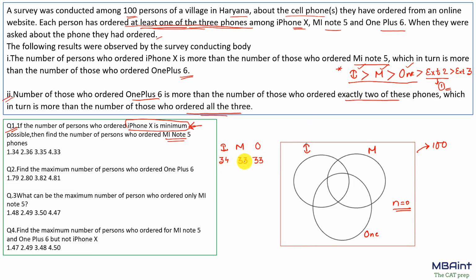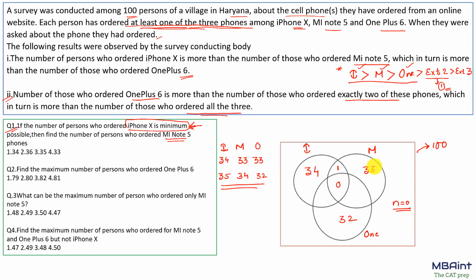Now these two are becoming equal, so let's make them unequal. So that would be 35, 34, giving 1 and making an overlap of MI and iPhone, and this would be 32. Now let's see if this is possible or not in the Venn diagram. Okay, in order to do that, we have given exactly 3 as 0. Now MI and iPhone, we are having an overlap, giving 1 to them and taking an overlap. So 1, okay, now making MI as 34, so this would be 33. Now making iPhone as 35, so this would be 34 and this is 32.